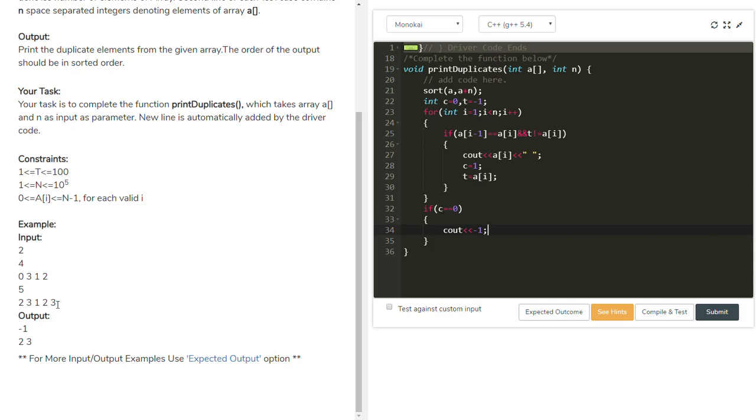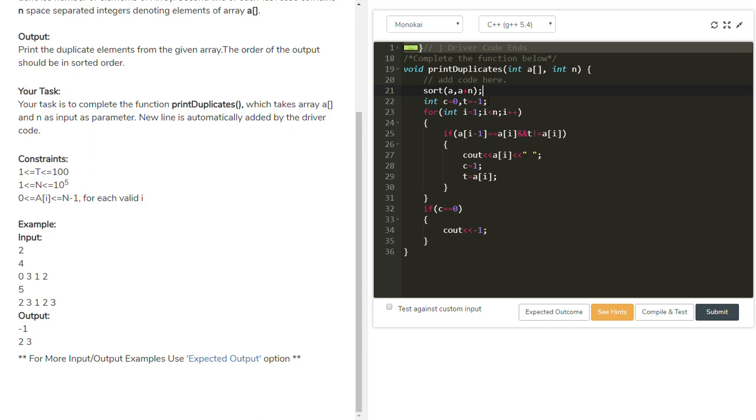Taking this second test case, observe this one. After sorting it is 1, 2, 2, 3, 3. We are at i value 1.